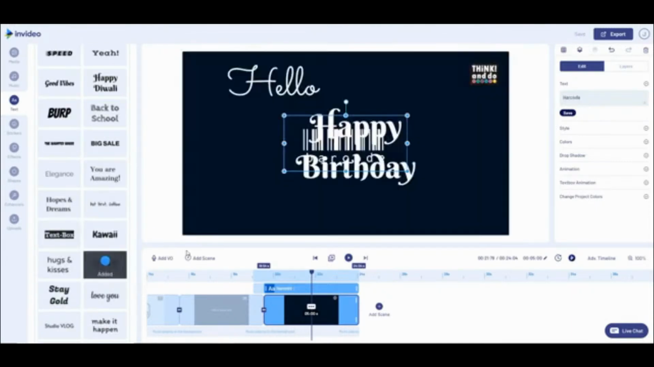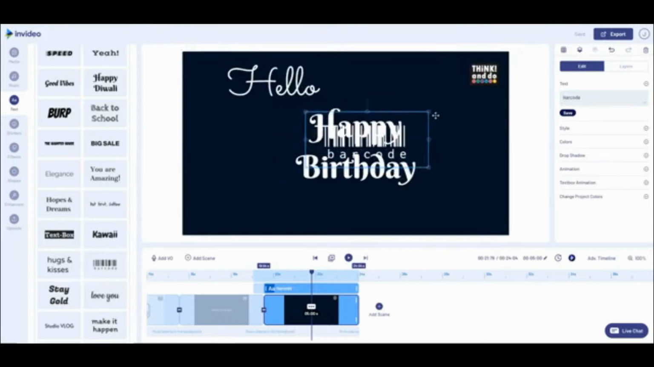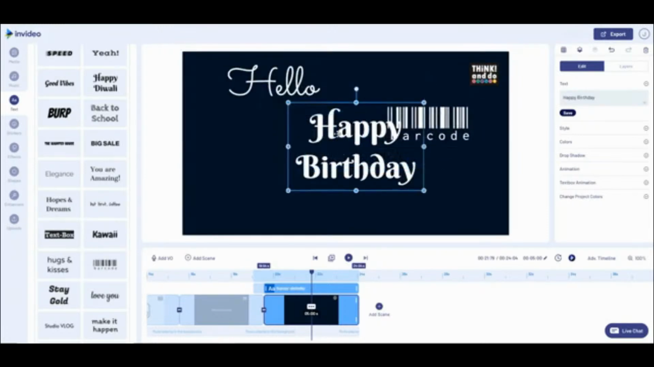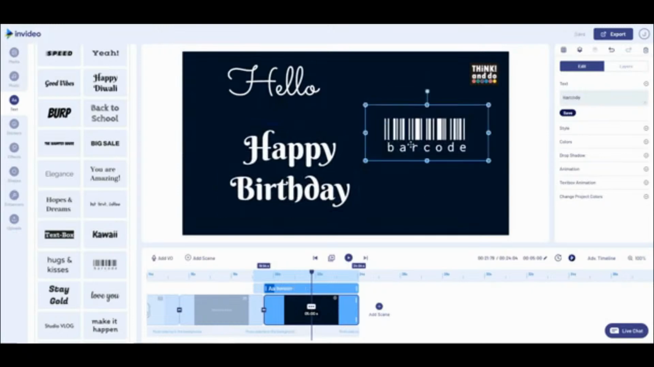Yep, you can add a barcode. So let's move happy birthday out of the way, and there you can see the barcode. If you want a barcode, you can do 11, 26, 57890. I don't know whether that's a valid barcode, but hey, it looks quite good, doesn't it? So that's